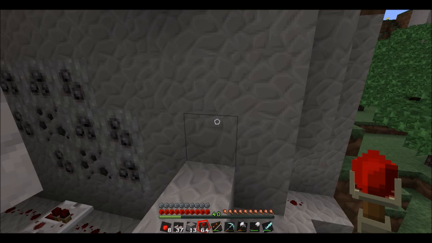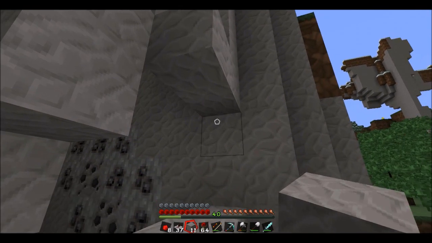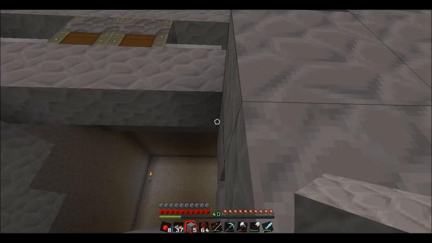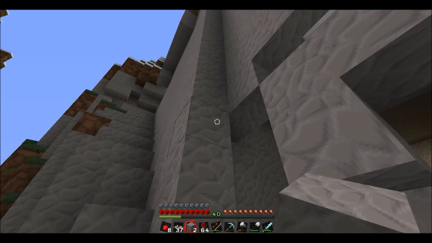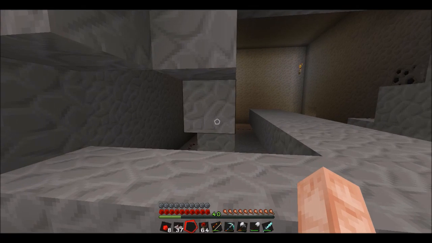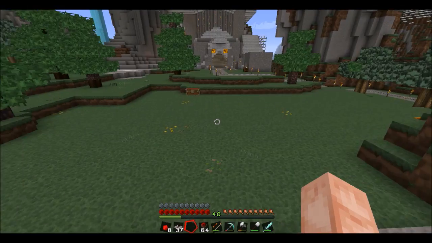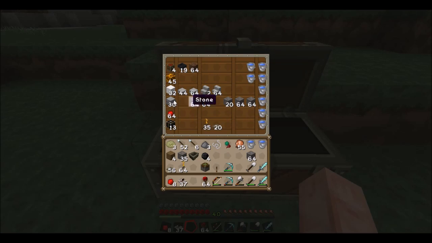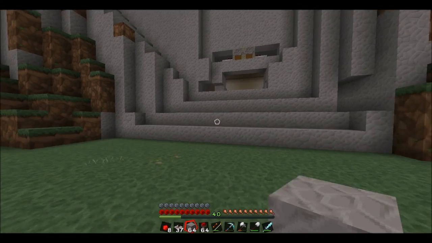using stone. So if I use stone, the door will effectively be an invisible door then, won't it? And then I can build up. Oh, I've run out of stone. Need to get some more stone. There we go. Right, so